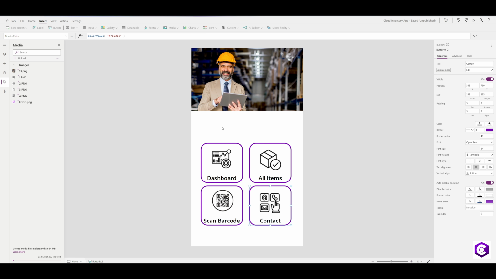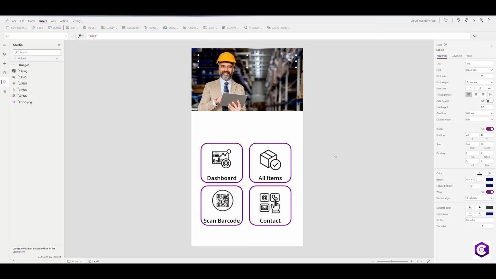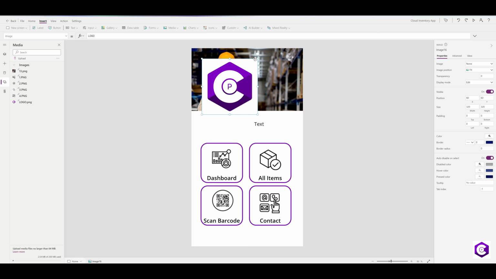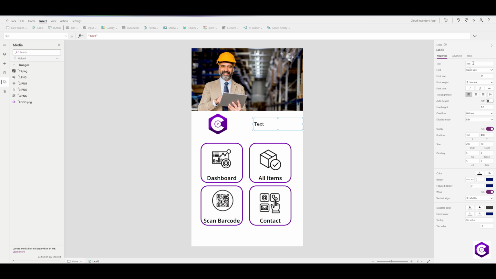Now what I'll do is I'll bring in a logo over here, and I'll bring in a label. In order to bring in label, on the top, make sure you have clicked on Insert and click on Label, and bring this over here on the bottom and just resize this accordingly. And I will bring an icon over here. So I will bring it from my media, and I will resize this accordingly, and I will change the text. I will click on this, and on the right hand side I'll just remove this text and I will change it to the app's name,